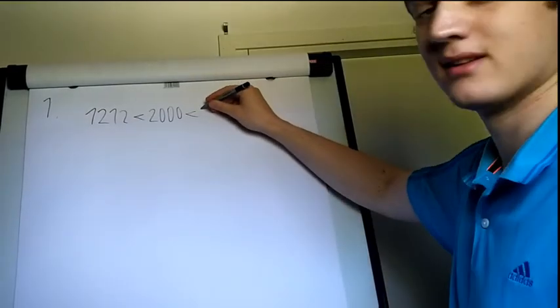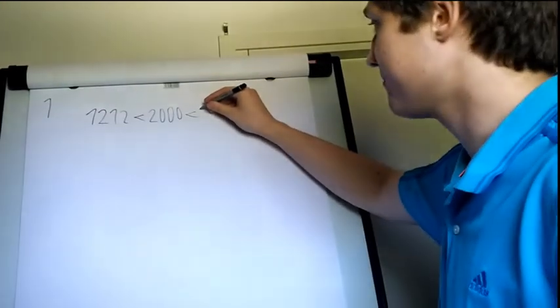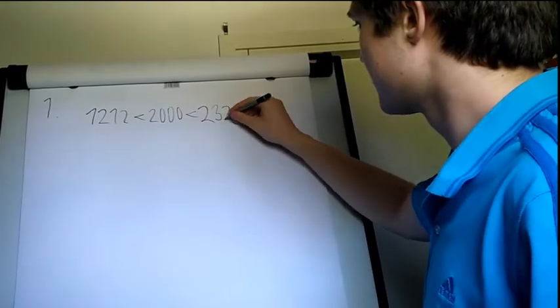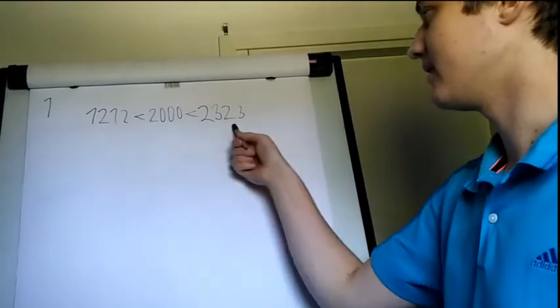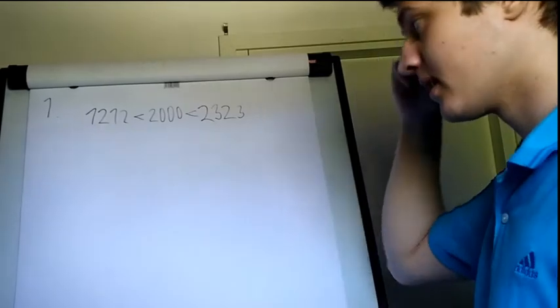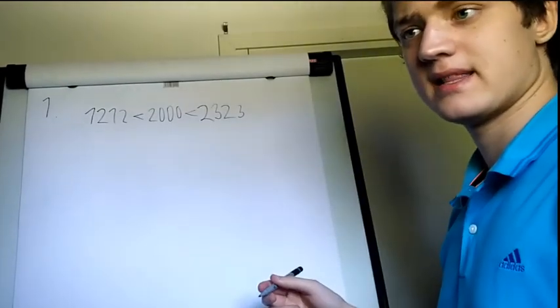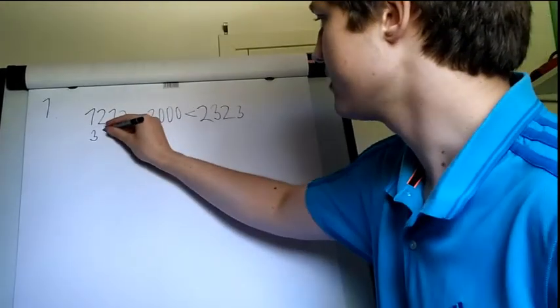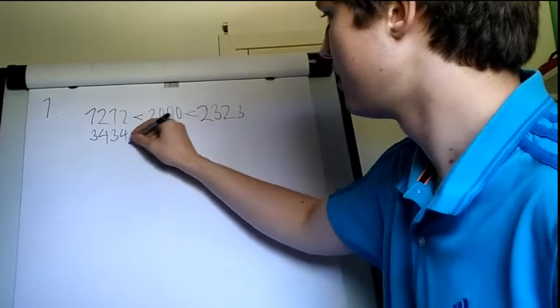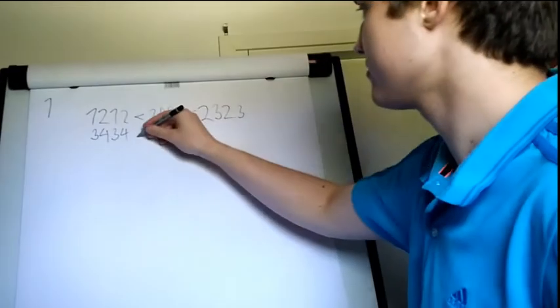And this is of course less than 2323. So here we see a clear difference between these two. In a similar way, we can say that 3434 is less than 4000,